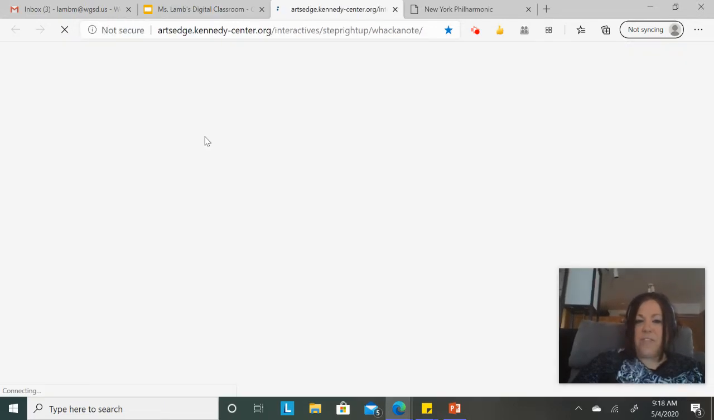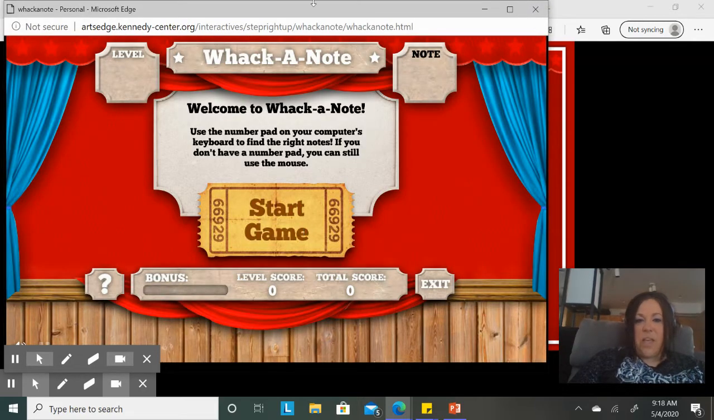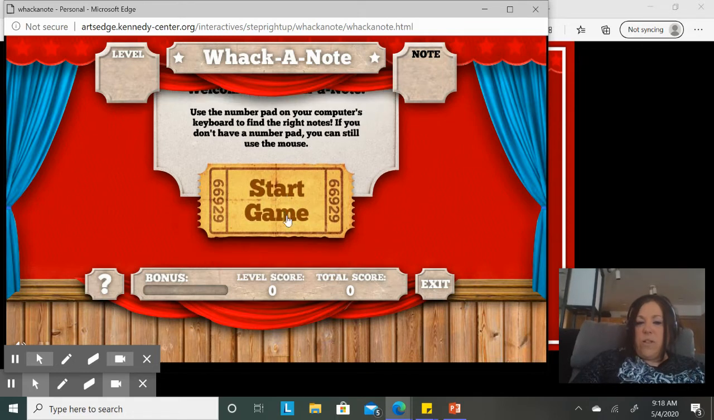Here are treble clefs. This takes you to a game called Whack-A-Note. Now, all you have to do is click play now. And then it's going to take you to, it says, welcome to Whack-A-Note. Use the number pad on your computer to find the right notes. If you don't have a number pad, which most of us don't, you can use your mouse or touchpad. So when you click start game,